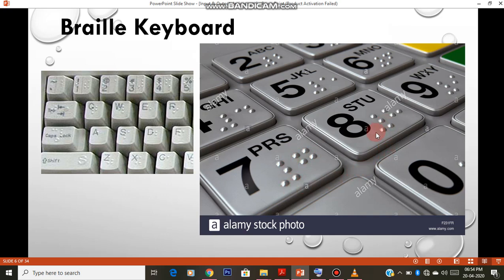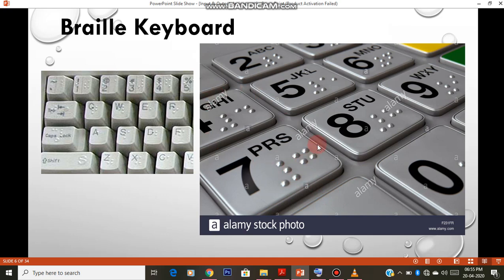these dots, as you can see on the keys. These specify some numbers. For example, for 7, the dots will be like this. If the blind people who have learnt braille language touch on these dots, they will come to know that it is 7. Same way for another, these designs differ from number to number. So the pattern will be different. You can see the arrangement of dots is different for different numbers. So these dots can be understood only by the people who have learned braille language.